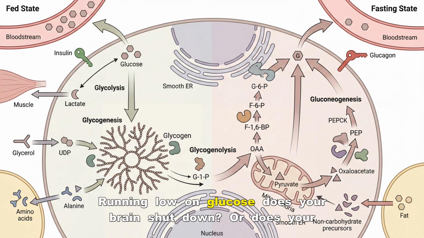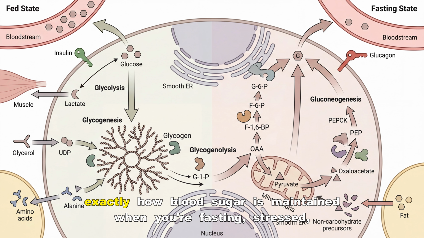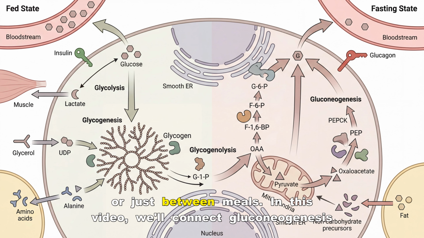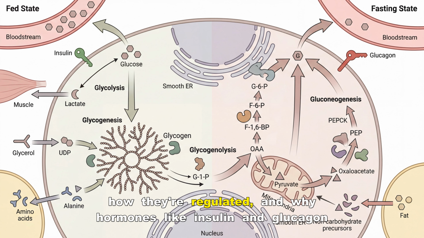Running low on glucose, does your brain shut down? Or does your body have a backup plan? For the MCAT, you need to know exactly how blood sugar is maintained when you're fasting, stressed, or just between meals. In this video, we'll connect gluconeogenesis and glycogen metabolism step by step, where they happen, how they're regulated, and